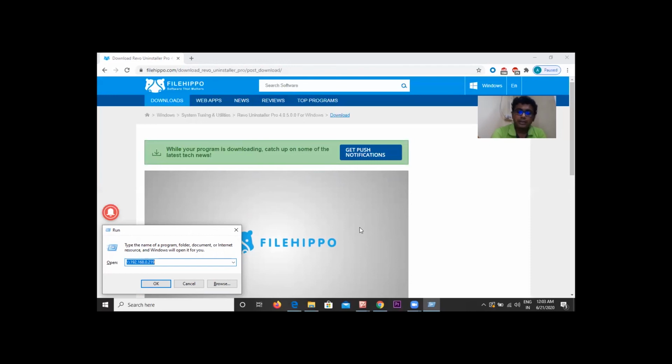What you will do is delete the entire thing, whatever is written in that box, and make that box empty. Then you need to write REGEDIT. Then click on OK.